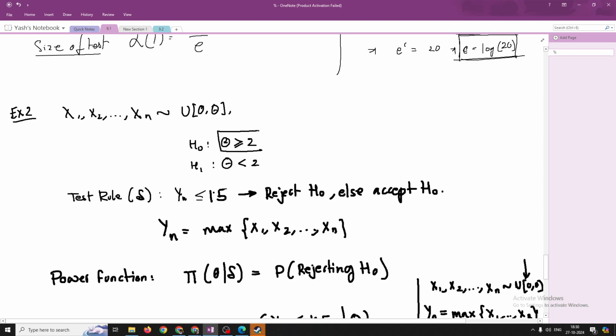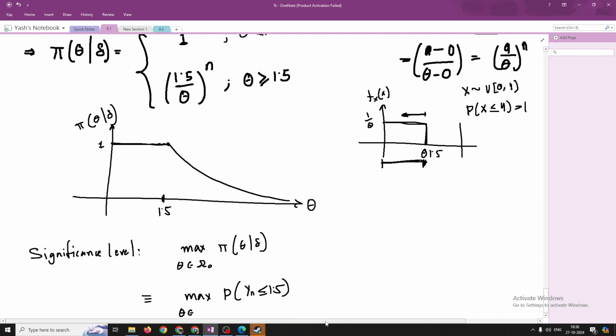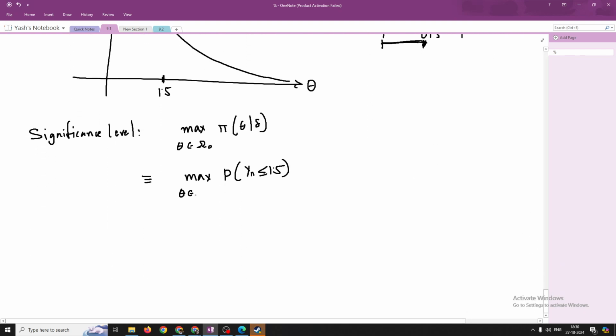When my theta is in this set, that means my theta is greater than or equal to 2. So it is in this set, right? And we just calculated this. So this is the maximum over theta in this set,